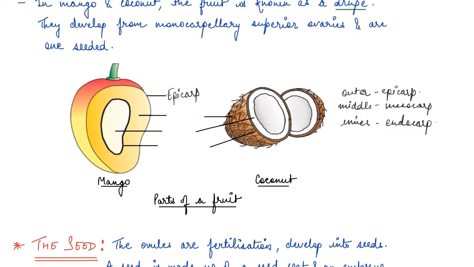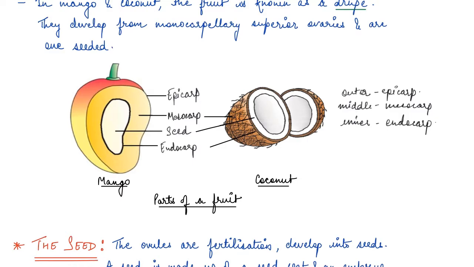And the inner layer is endocarp. And there is a layer in between which is mesocarp. So the fleshy layer of mango which we eat is the middle layer, which is mesocarp. And then there is the seed inside,